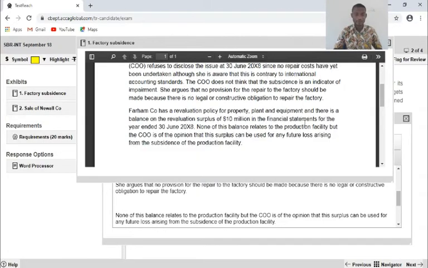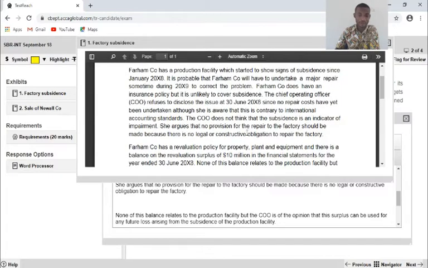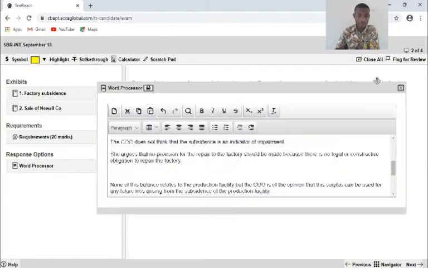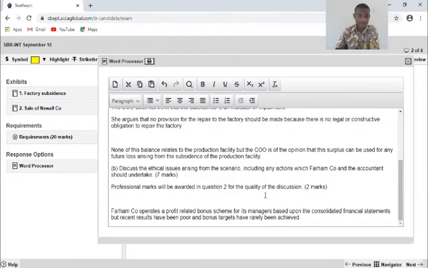Now what we have done is that we have engaged the financial reporting areas, and I want to build a bit on the ethical issues. Now the framework for the ethical issues is to first start with a major heading. It says the ethical issues.